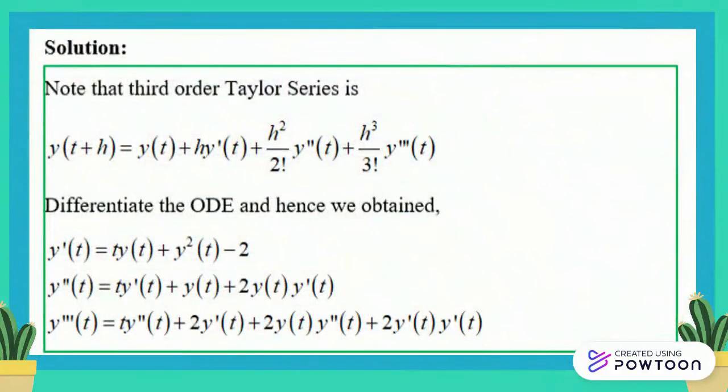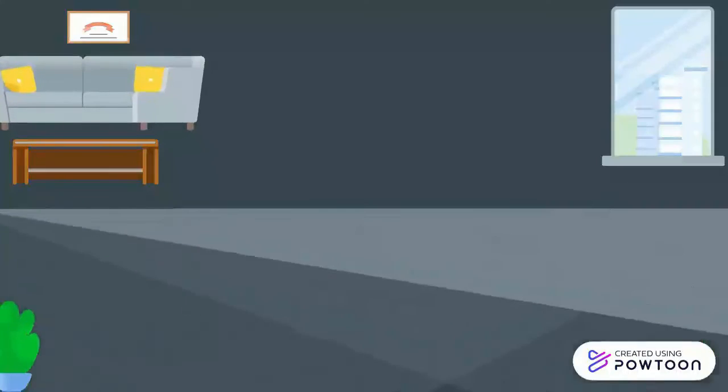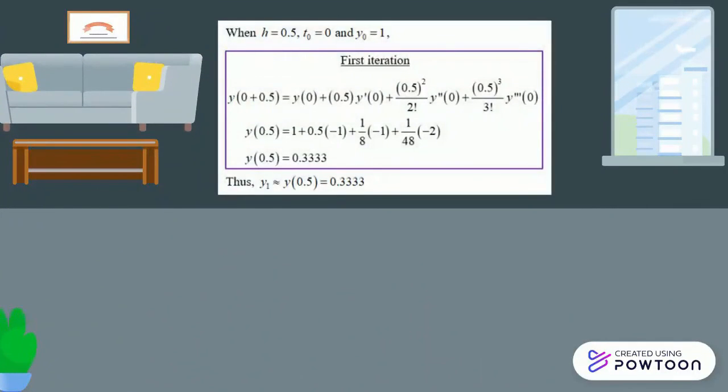Note that the third order Taylor series is as follows. We have to differentiate the ODE to get the first, second, and third derivatives of y before we substitute into the equation. Then, substitute h equals 0.5, t naught equals 0, and y naught equals 1 into the third order Taylor series formula. Therefore, from the first iteration, we obtain y equals 0.3 when x equals 0.5,